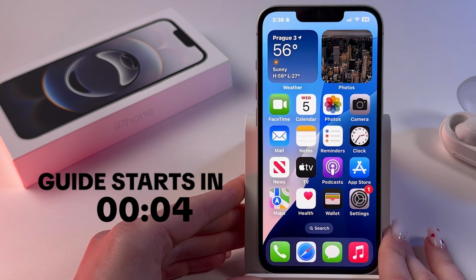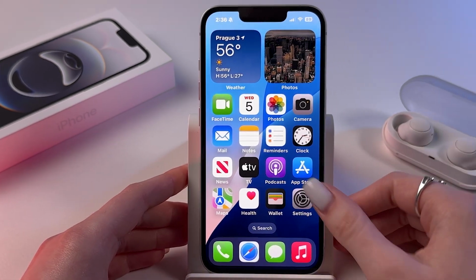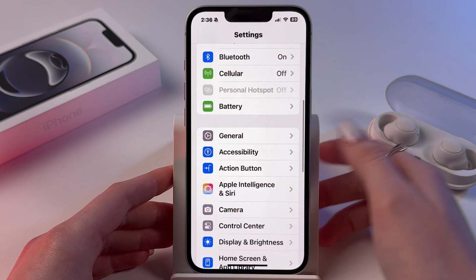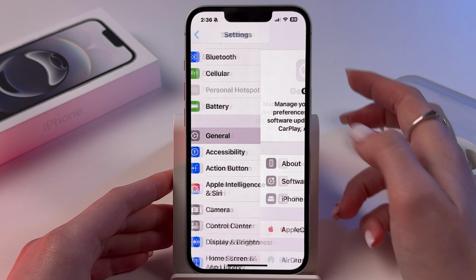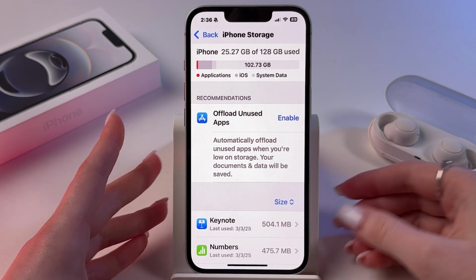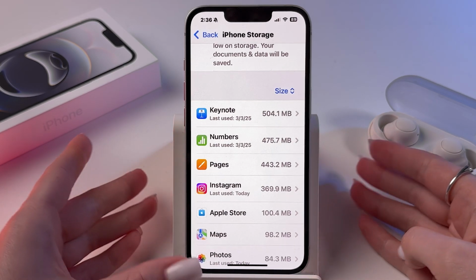Hi, to clear apps cache on iPhone 16e, all you have to do is to open your phone settings and from here find and select General section. Now go in iPhone storage and in few seconds you will see this list of apps which take most of